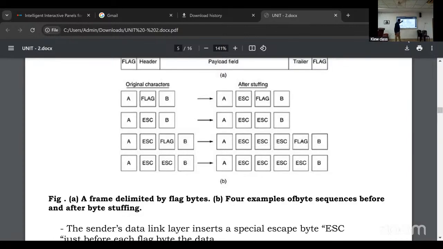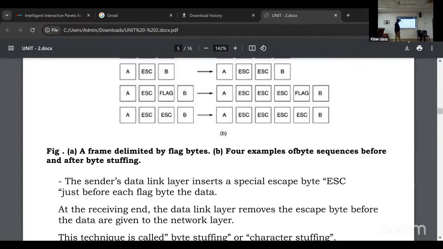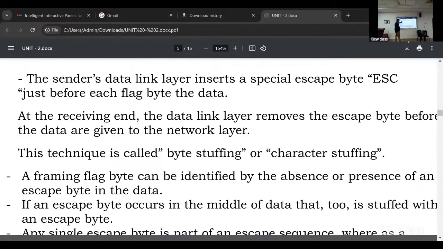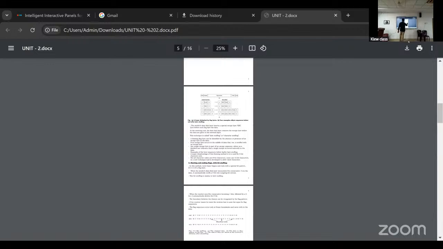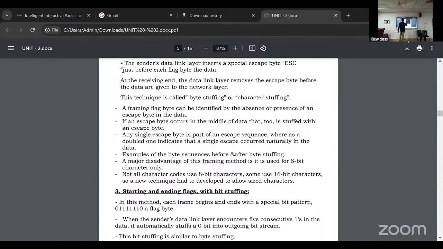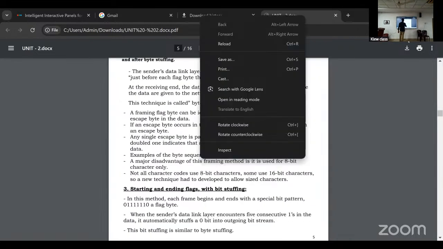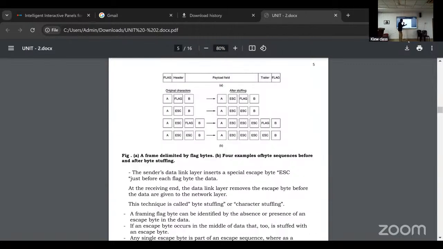Some books give it like this also, with DLE STX and DLE ETX. So here A is there, B is there, and in between we added the flag.